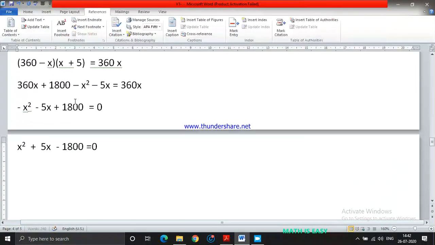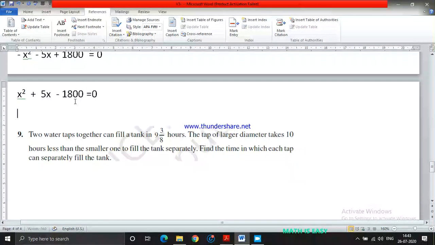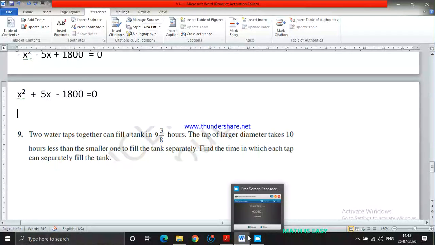Okay, so try this question also. Think of what are the factors of 1800. 1800 you can write as 60 into 30 is 1800. Okay, then I think 45 into 40 will help you. That's 45 minus 40. 45 into 40 is 1800 and difference is 5. 45 into 40 will help you to solve this question. So try it out.